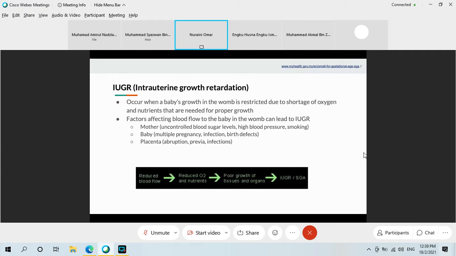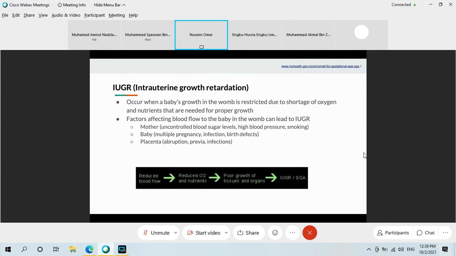Okay, smoking can affect the blood flow to the baby because when the mother smokes, the amount of carboxyhemoglobin is higher in the maternal blood circulation than oxyhemoglobin. So that will cause lack of oxygen to the liver in the baby because there is an imbalanced level of oxygen in the maternal circulation. And then baby,